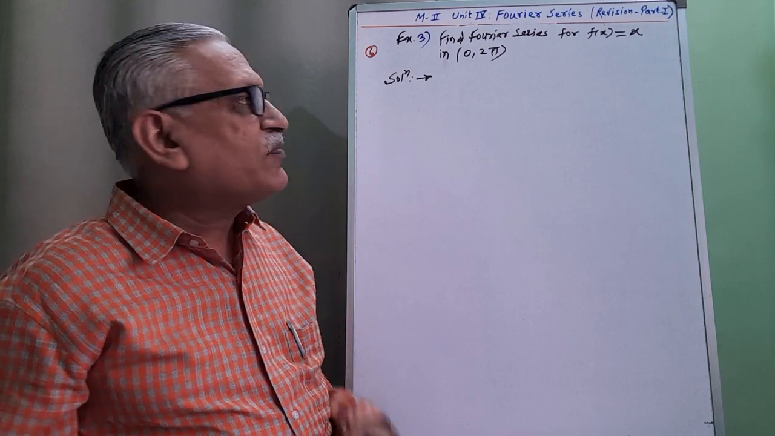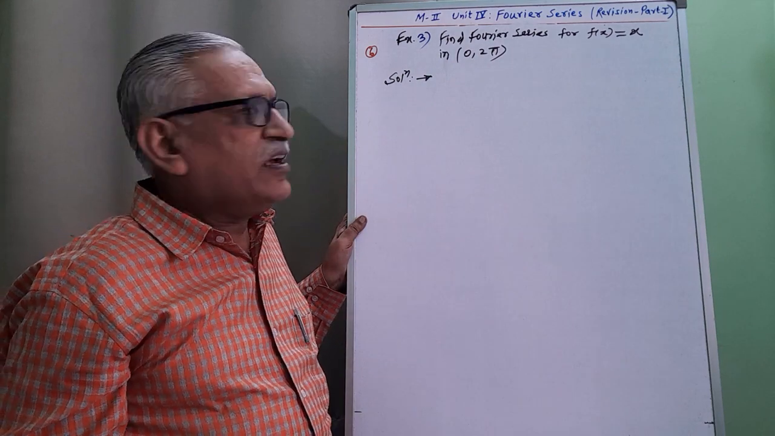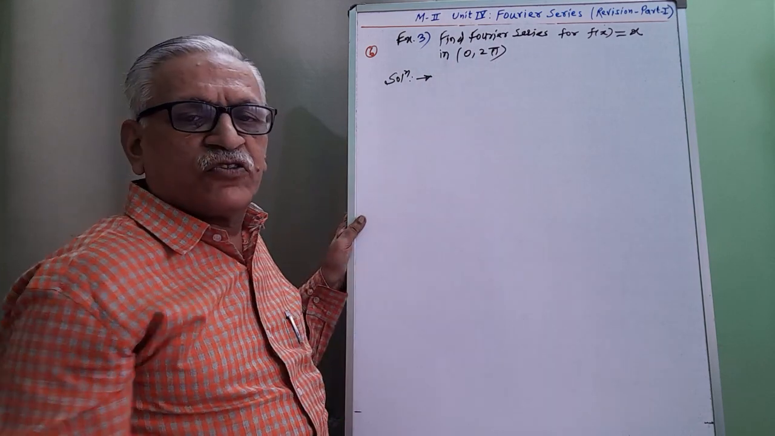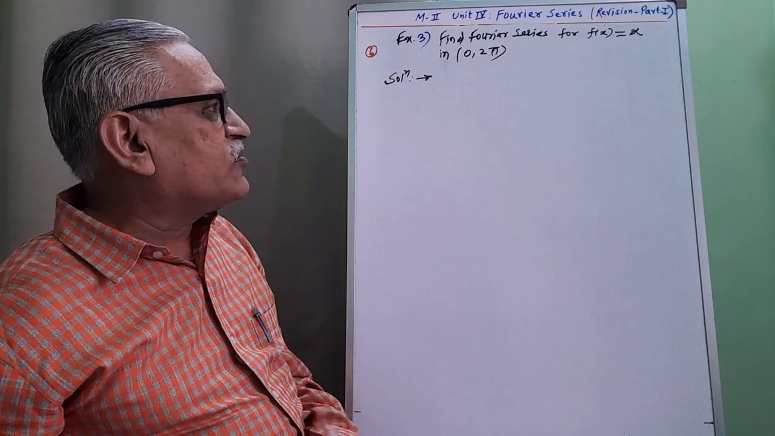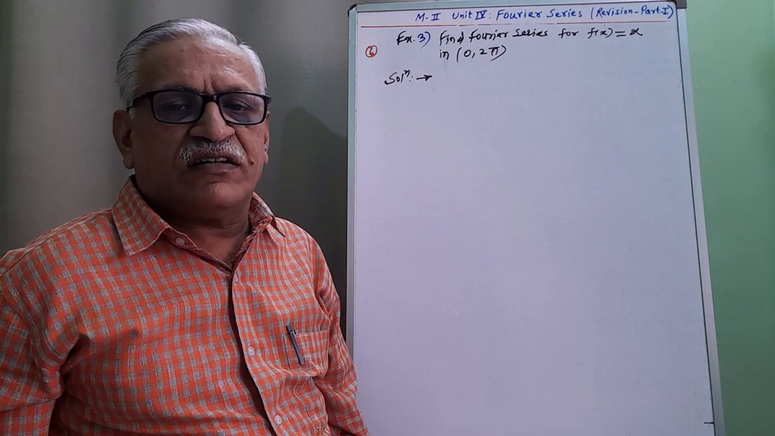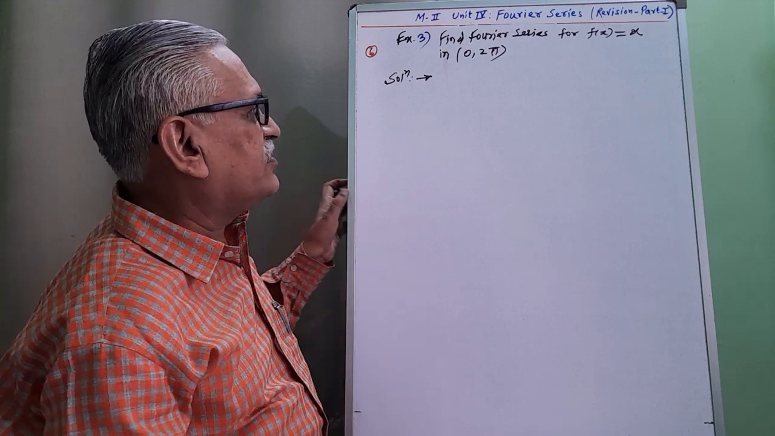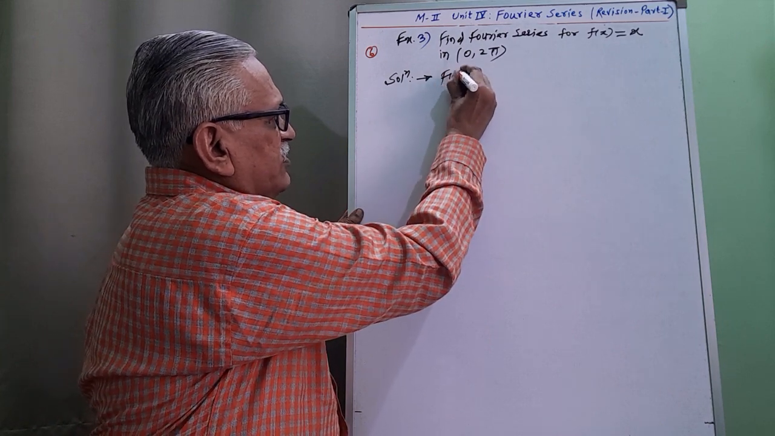Last example, third example. Find Fourier series for f of x is equal to x, in the interval 0 to 2 pi. As the interval is 0 to 2 pi, the problem is of full range Fourier series, as nowhere it is mentioned that obtain half range series. And therefore, full range Fourier series is given by